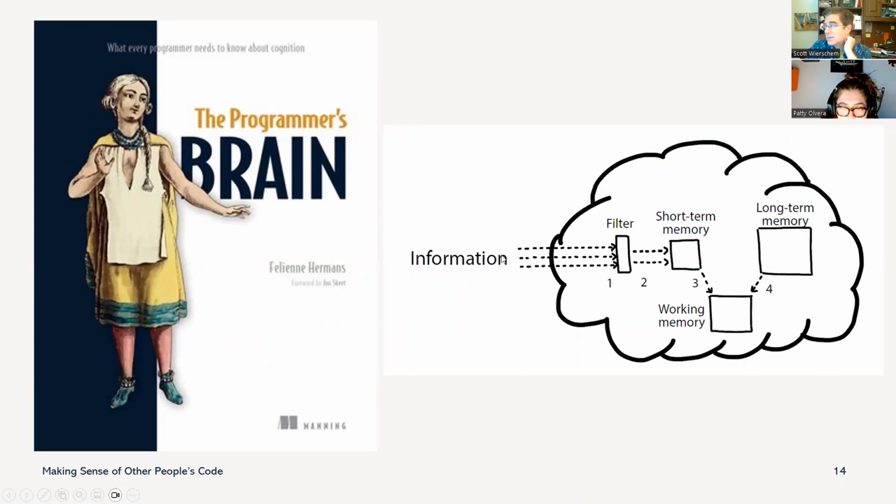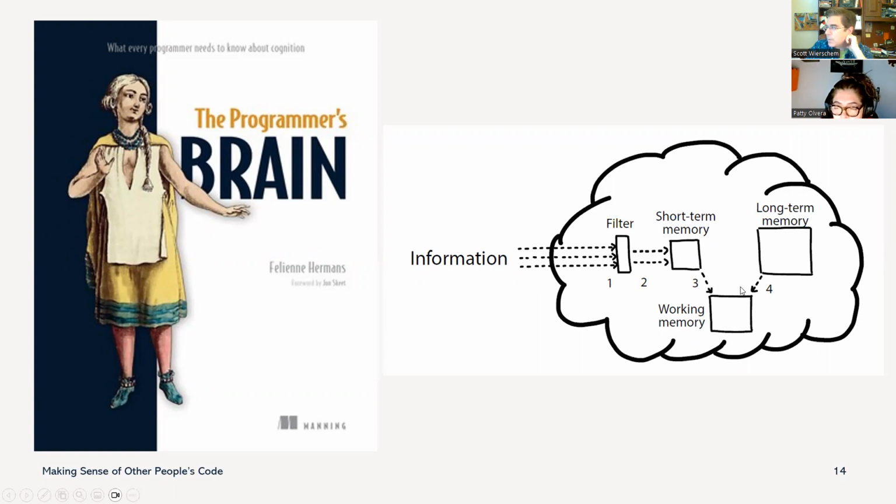Information comes in, goes through a filter, goes into your short-term memory, and then your working memory. There's about a 30-second limit on the stuff that stays in your short-term memory, and you can keep 3 to 9 things in there at any given time.